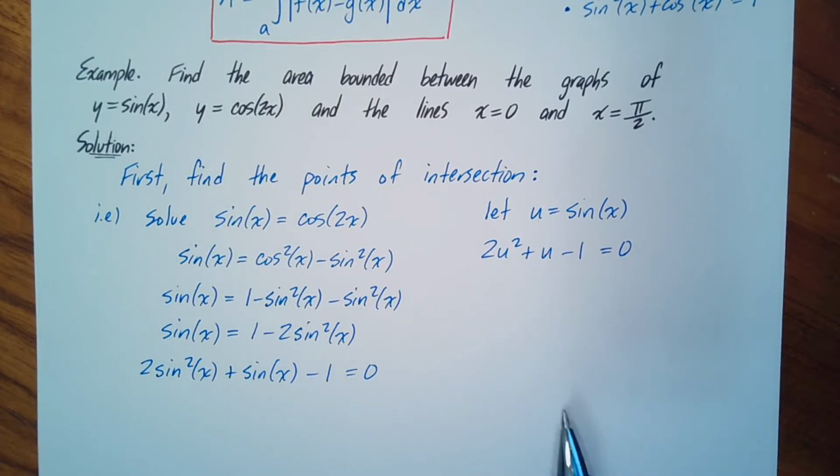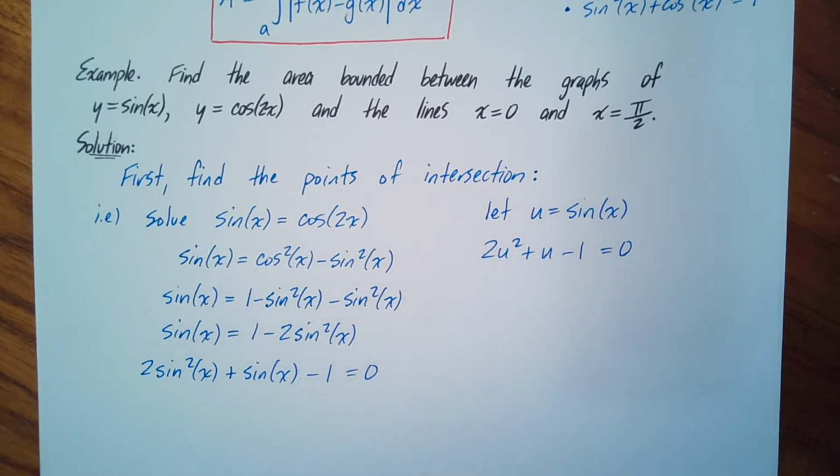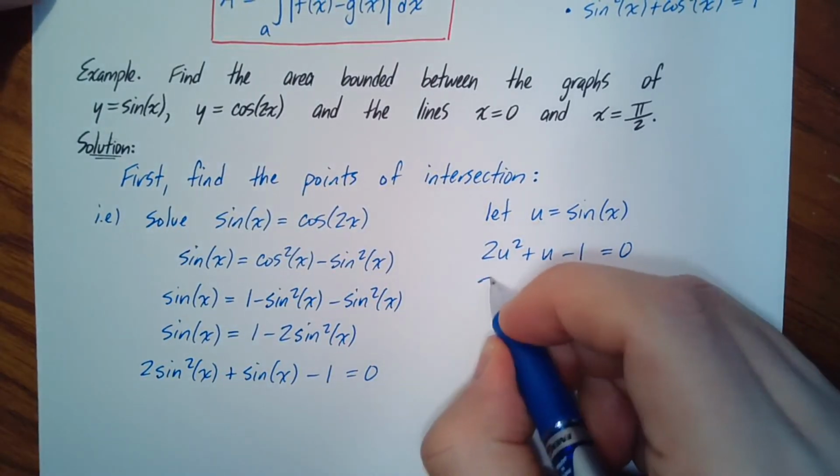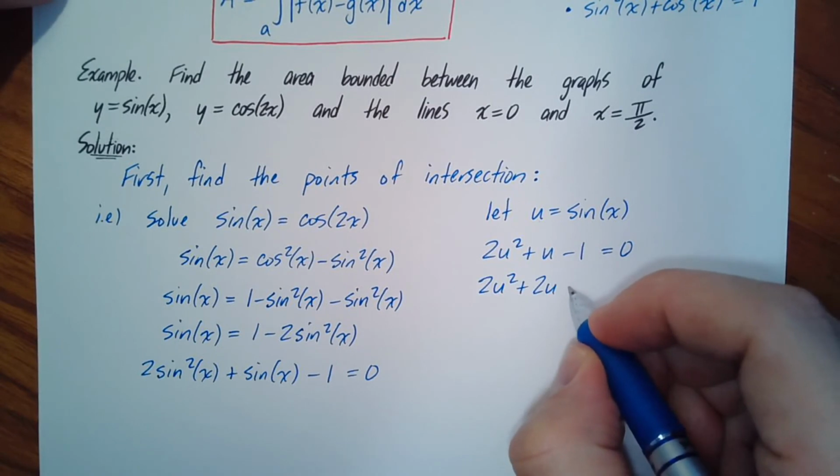In fact, you can even factor this, right? Because you've got two numbers that add to positive 1, and they'd have to multiply to the product of 2 and negative 1. So you need two numbers that add to 1 and multiply to negative 2. And if you take positive 2 and negative 1, those will work. So you can write this as 2u squared plus 2u minus u